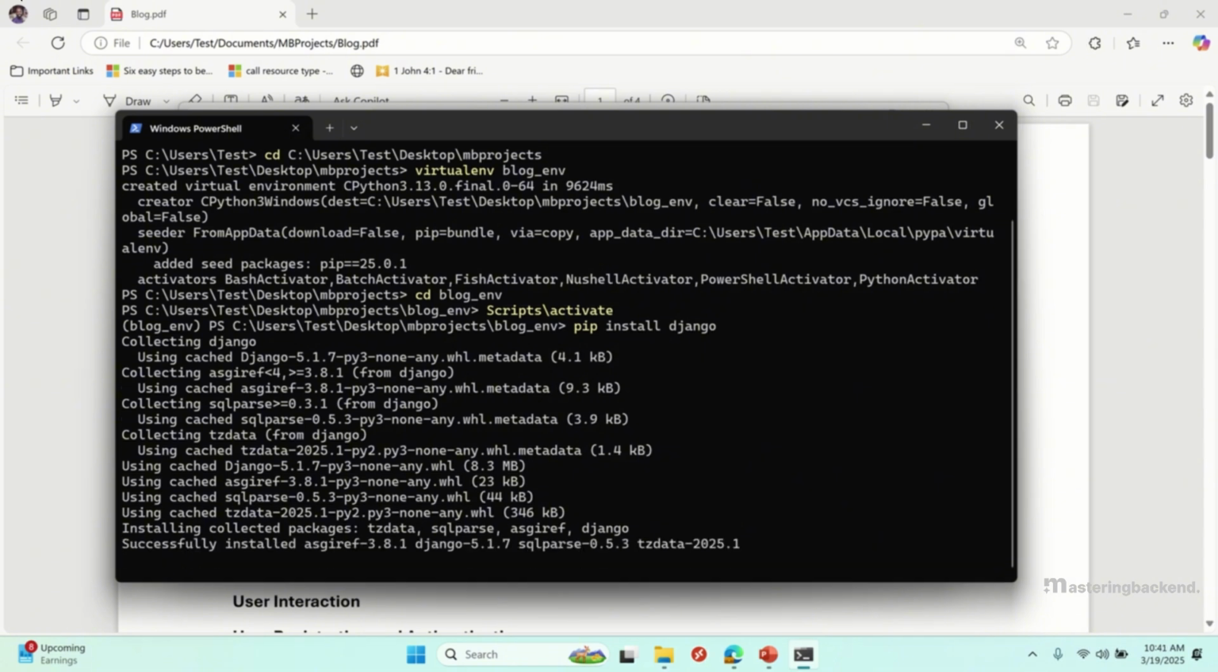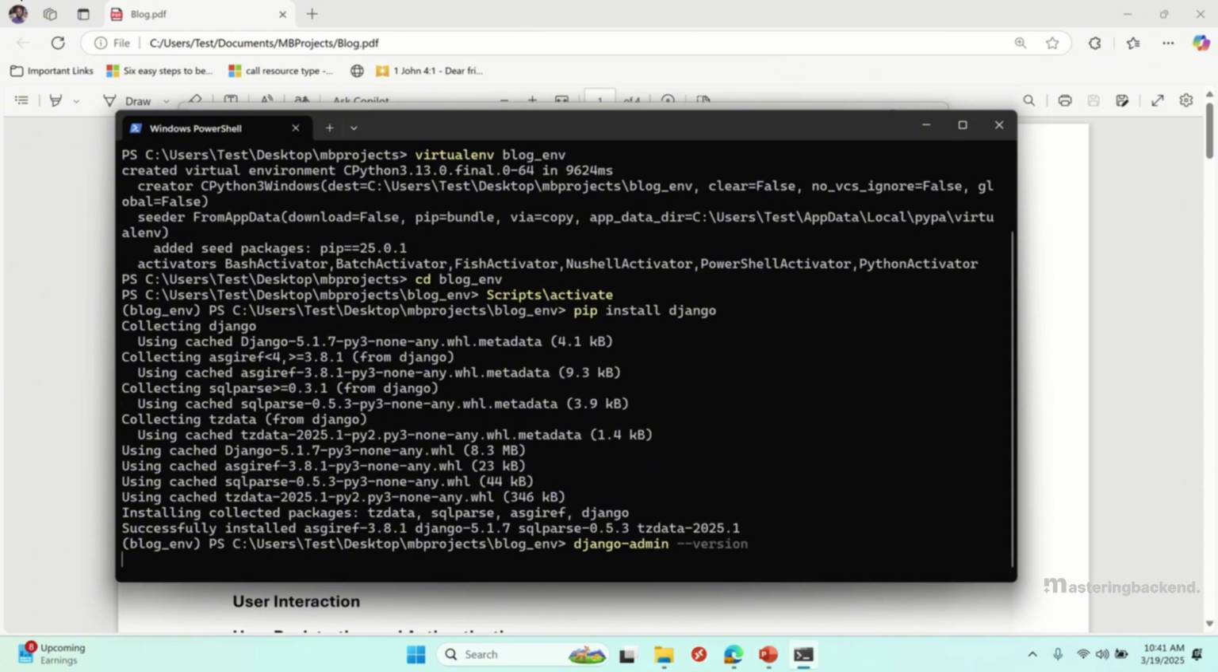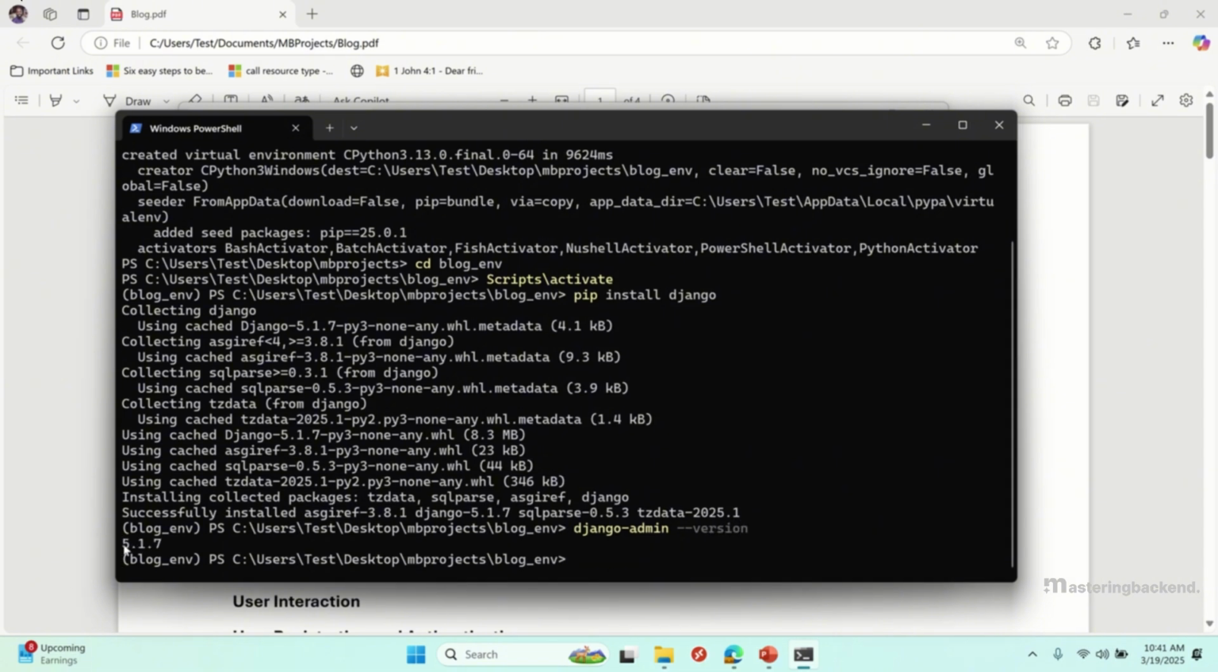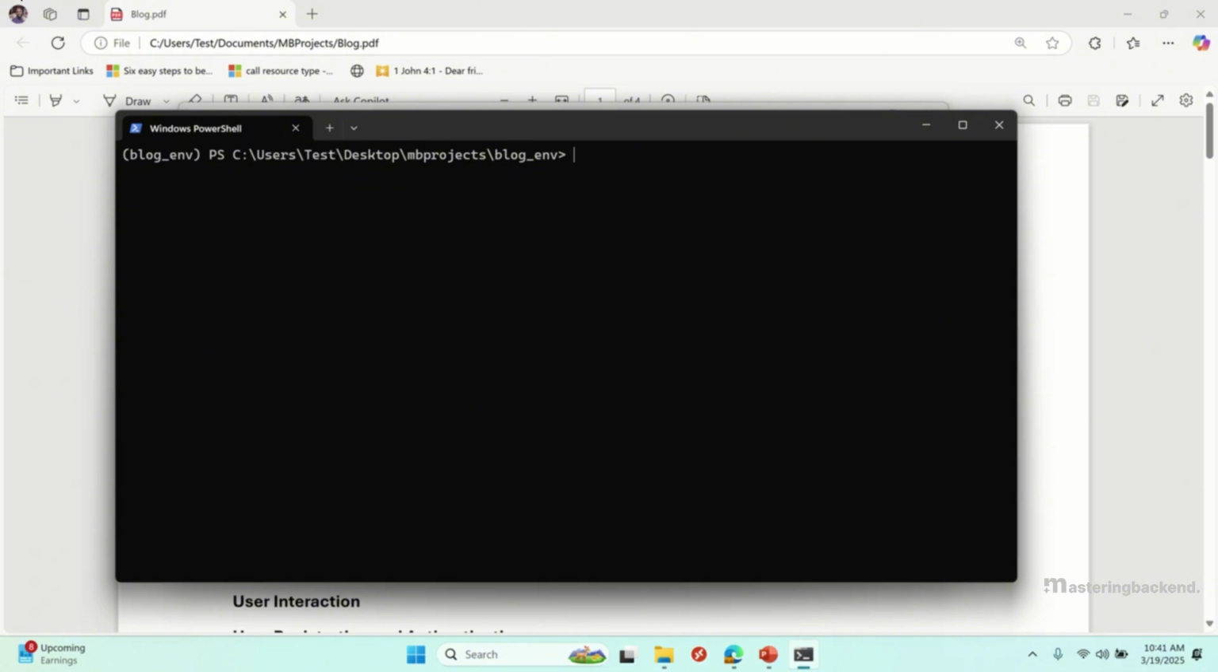Okay, now it's done installing, and you can also check the version of Django that was installed. You can say django dash version, and this will tell you the version of Django that has been installed. Here we have Django 5.1.7, which is the latest and most stable version of Django for now. All right, so we're going to clear things up, and then we're going to create a new Django